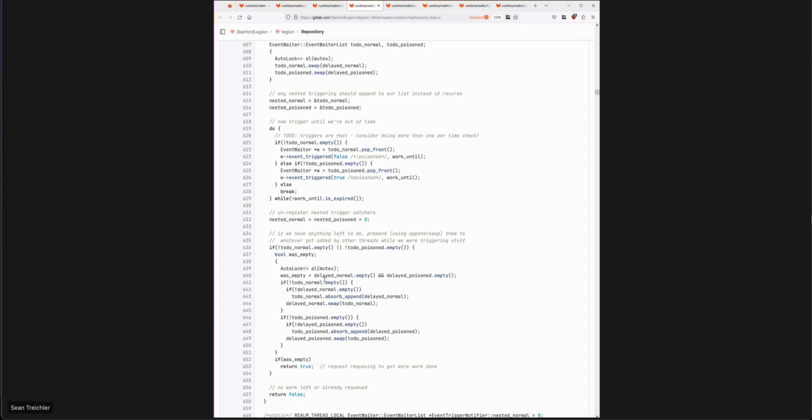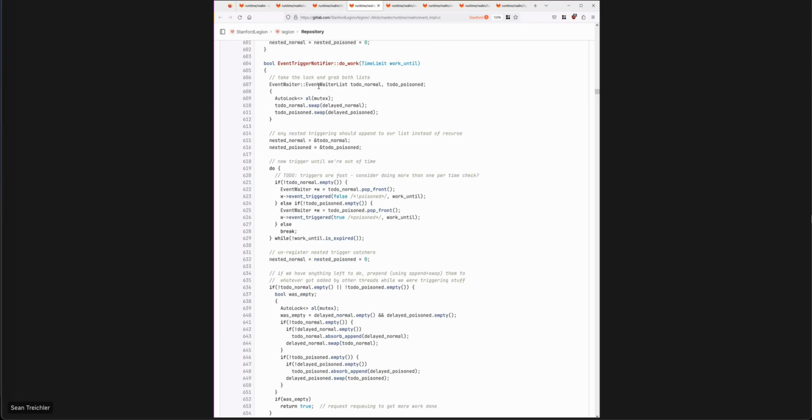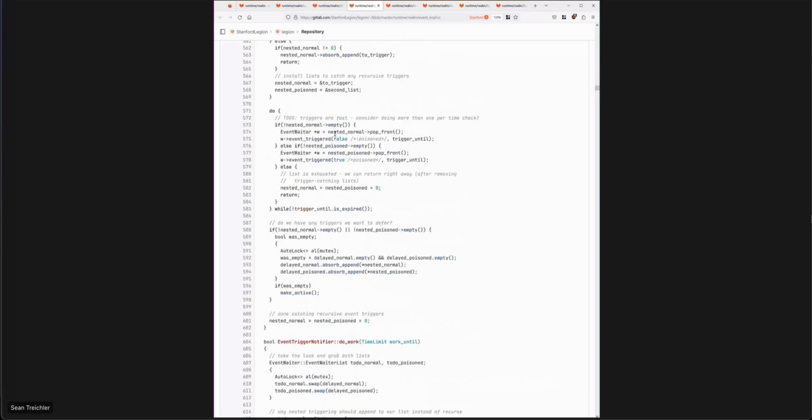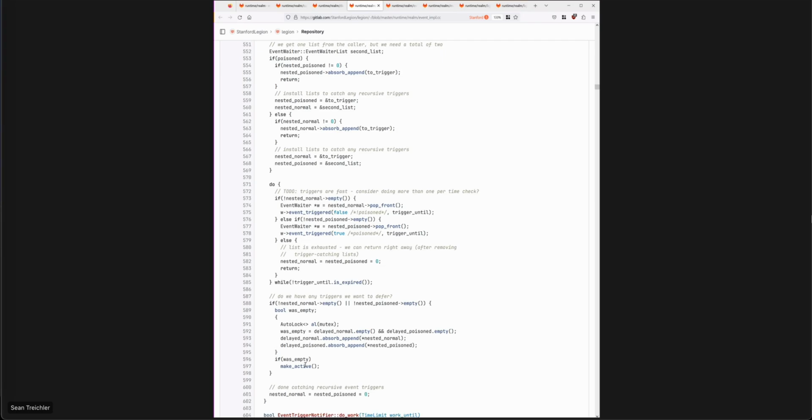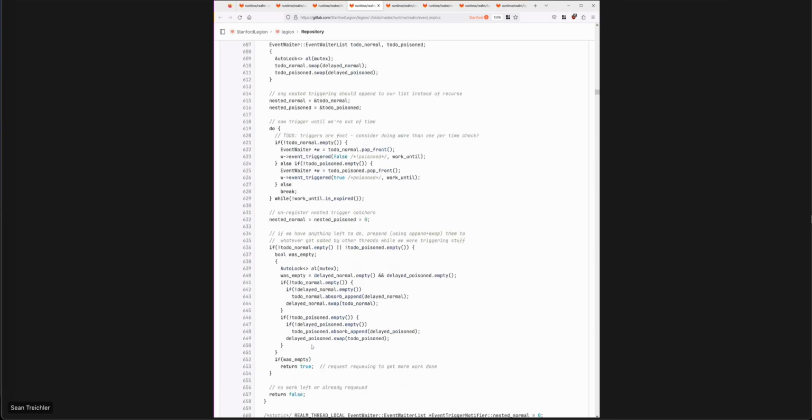There is a little gotcha here, though, which comes from multi-threadedness, which is that by swapping out these lists and making the lists empty, it could be that some other thread that's calling this method here, triggering other things, may get to the point where it wants to enqueue stuff, and it will see that the list was empty when it queued, and so it may call make active, right? And so that's the reason why we can't call make active down here unconditionally if we had work left, because it may be that make active had already been called while we were running. It also means it's possible for there to be multiple threads in this do work function at the